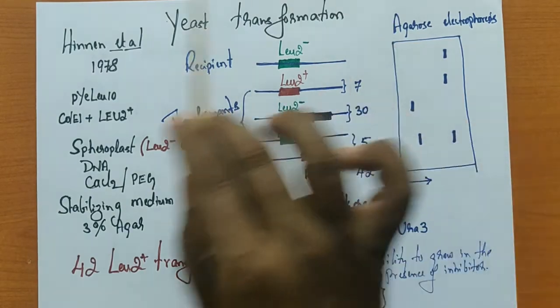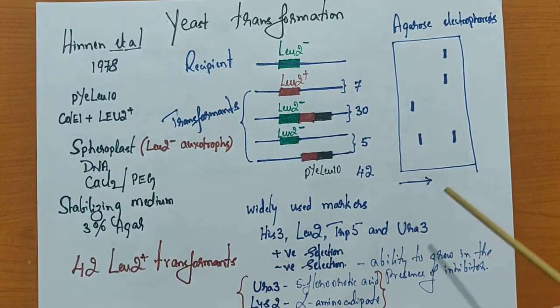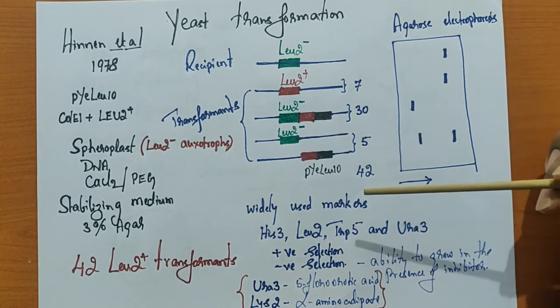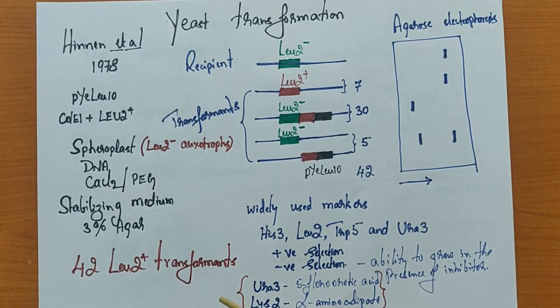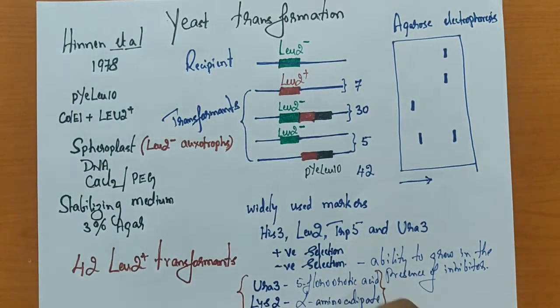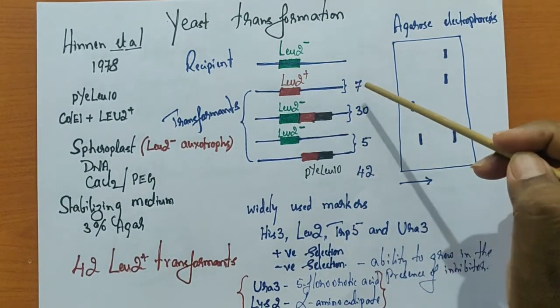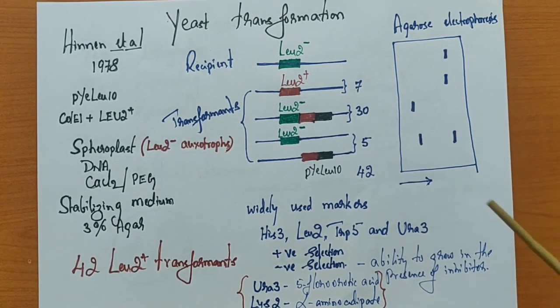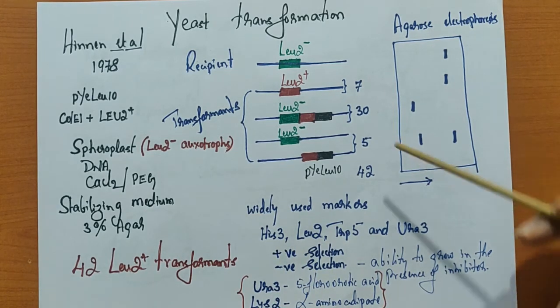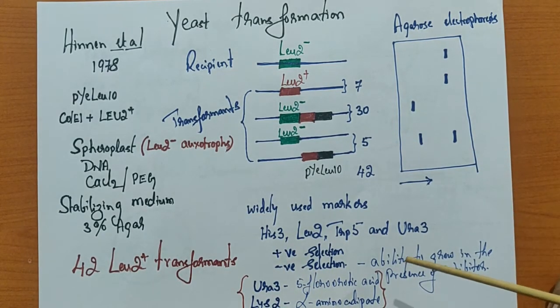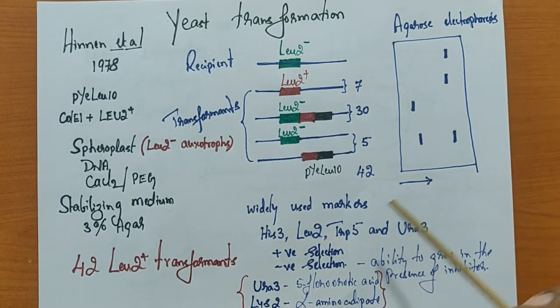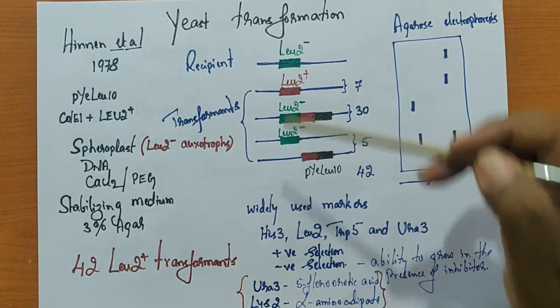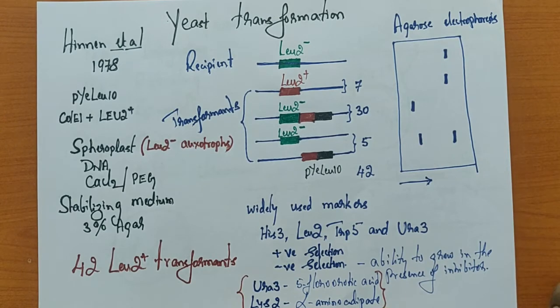But in this yeast transformation experiment from Hinnen et al., it is very clear that they were very successful in generating 42 transformants, and this is the detailed structure. Of those, 7 got the desired one. 30 of them also got the desired one, but their integration is in a totally different fashion. And 5 of them are totally different. So this experiment suggests that yes, we can create a vector and transformants in which a functional gene can be expressed in a mutated auxotroph.